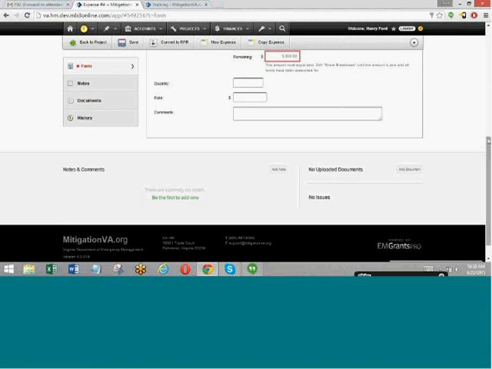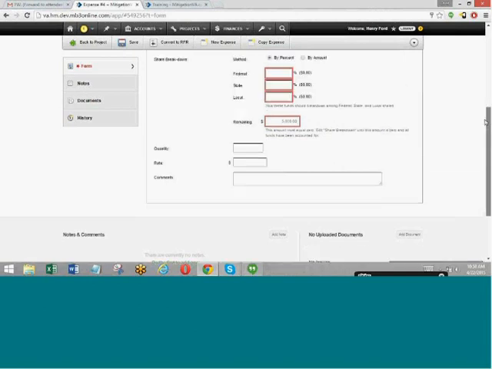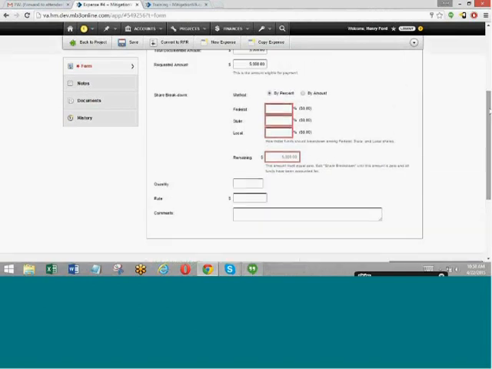Something that's unique to mitigation is that on the expense, even though a project might have a default federal share of, let's say, 75% federal share, you do have the option to allocate the amount of share that you want to use on a specific expense. So this is a $5,000 expense, but you might want to not use the 75% federal share portion of it.